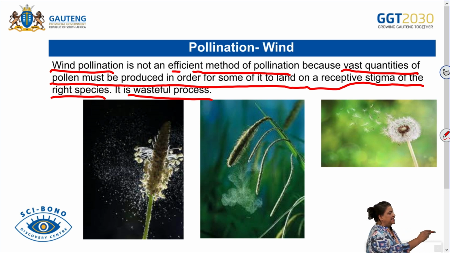So here you can see that this flower is quite dull, and as the wind blows and shakes, the stamens all dust off their pollen and they fly by the wind to land onto the stigma of another flower of the same species. You can see here also that the anthers are quite long and feathery, right, to produce lots of pollen as it shakes, and there's the pollen dust moving,